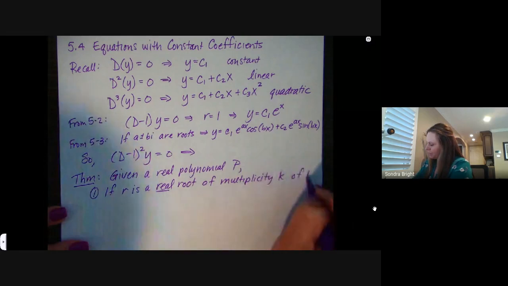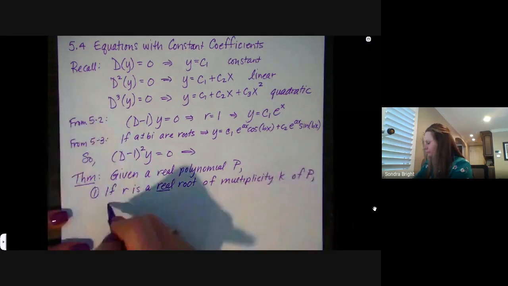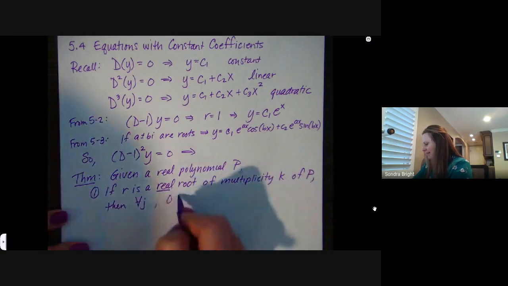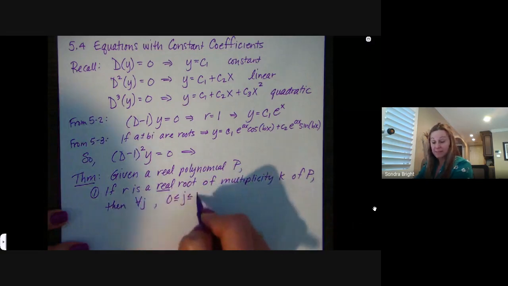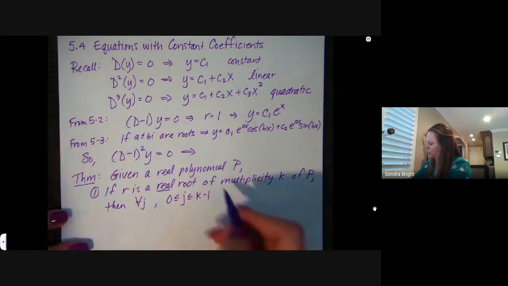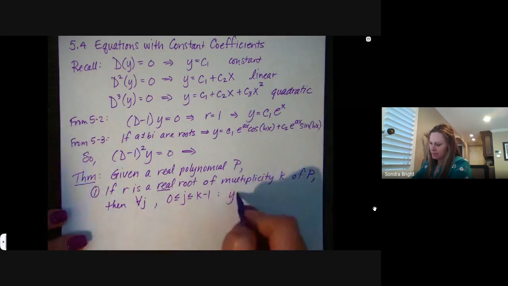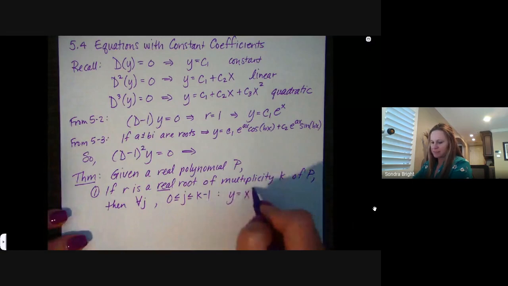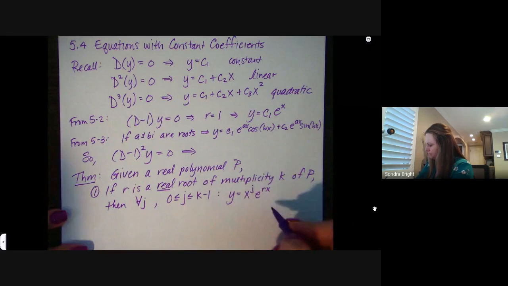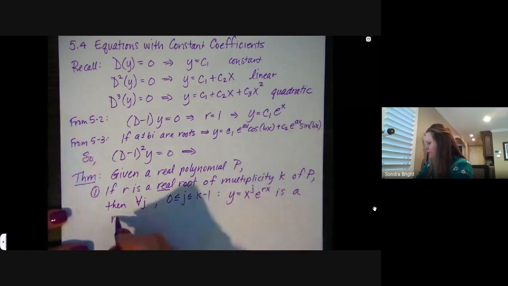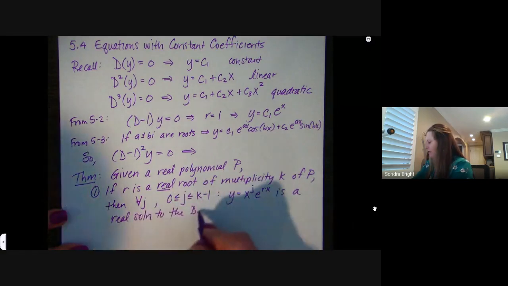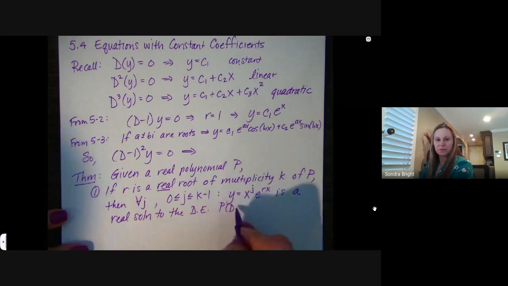Then for all j, where j goes from 0 to k minus 1, K is the multiplicity, you'll go to 1 less, then y is going to equal x to the j times e to the rx. This is a real solution to the differential equation